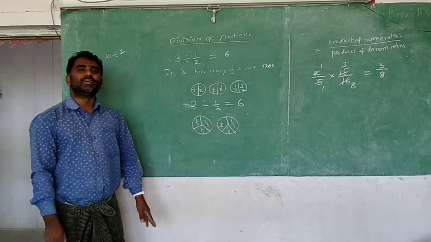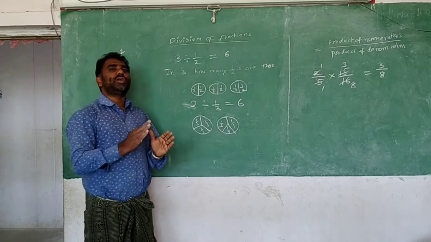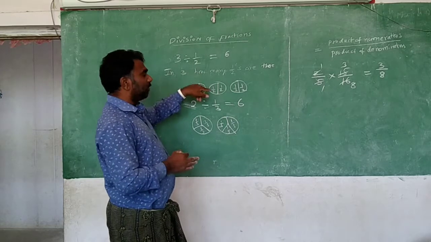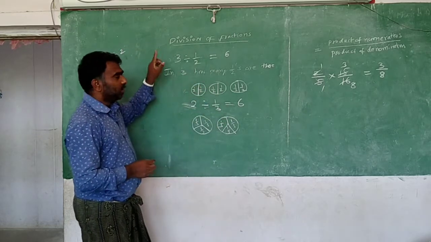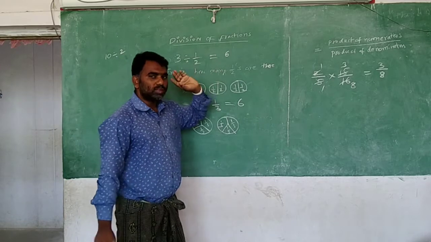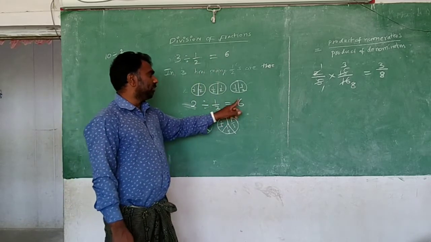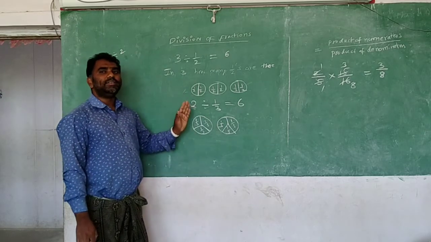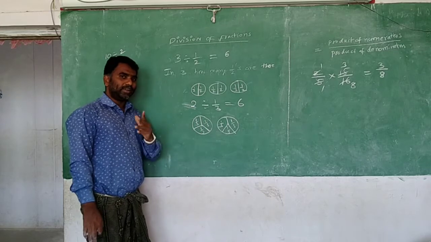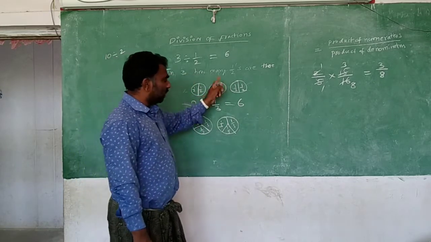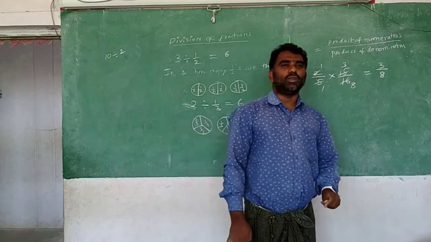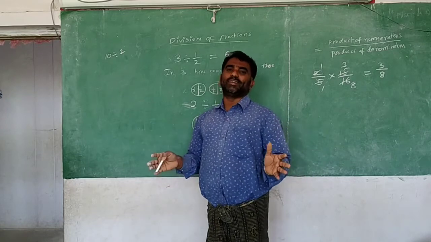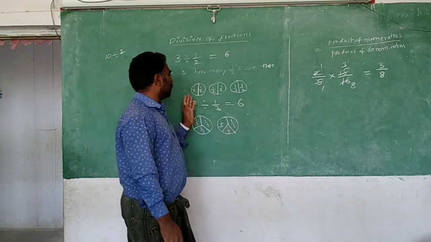6 are there. So if you are going for the actual meaning of division, exactly like this is the meaning when you are finding the answers. 3 divided by 1 by 2 is equal to 6. 2 divided by 1 by 3 is equal to 6. So like that you can do the divisions. But always picturization like this is difficult. For small questions these pictures are possible. Suppose I give big numbers, then this picturization is difficult.